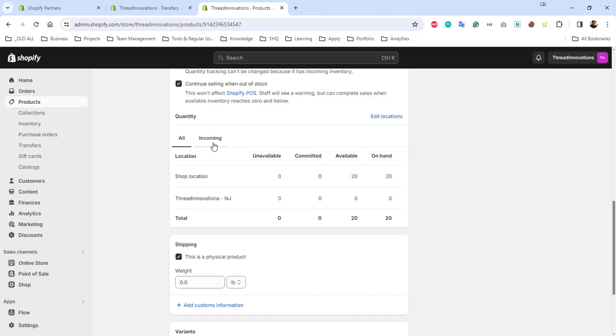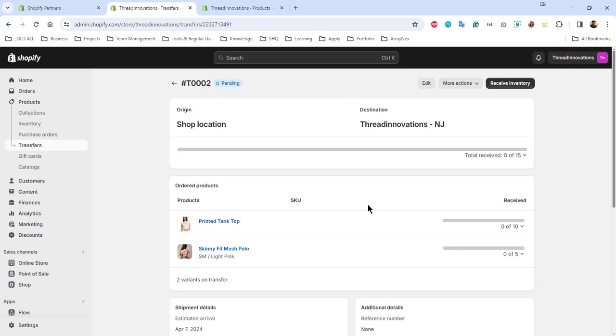And if we go here to incoming, you can see that in the shop location there is no incoming because we are not moving here, we are moving to the New Jersey location. So here it's showing 10 incoming products coming here, right? And it's also showing the transfer ID. So come back here. Now when the product is received at your New Jersey location, for example,